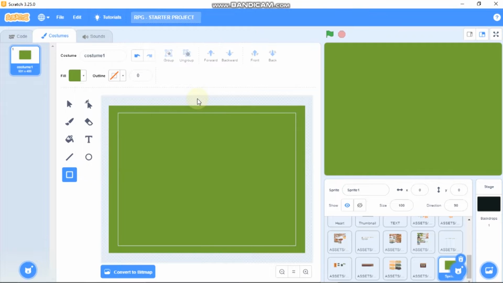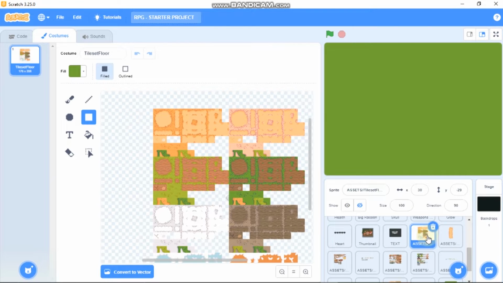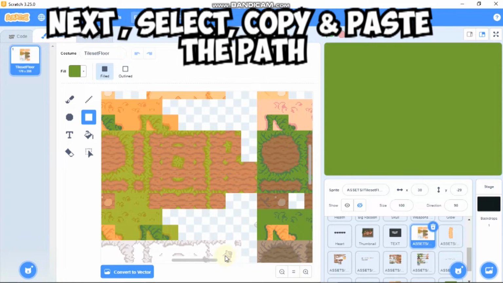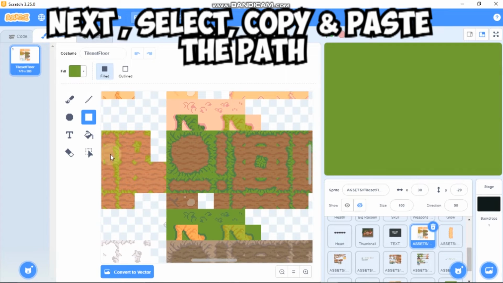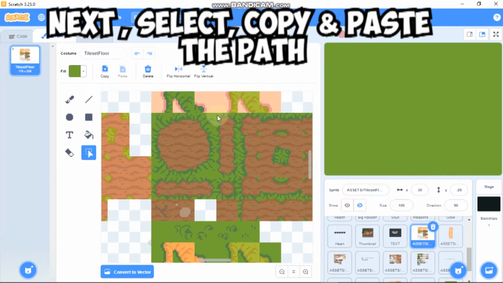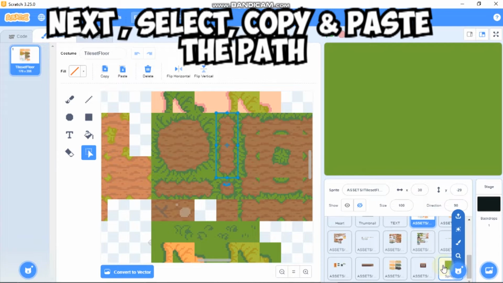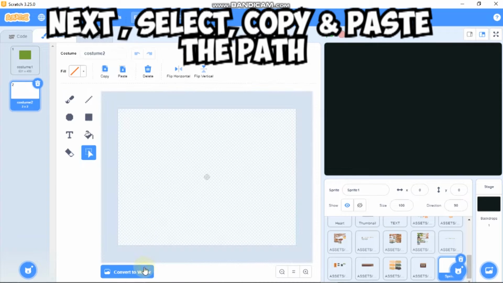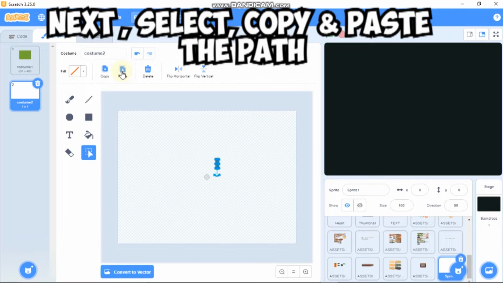The next thing is the paths. You could find this on the tile set. After selecting the tile set, click on this selection tool and just select what you need. For the paths, just select this path and then click on copy, click on your new sprite, paint a new costume, convert it to bitmap and then paste it.